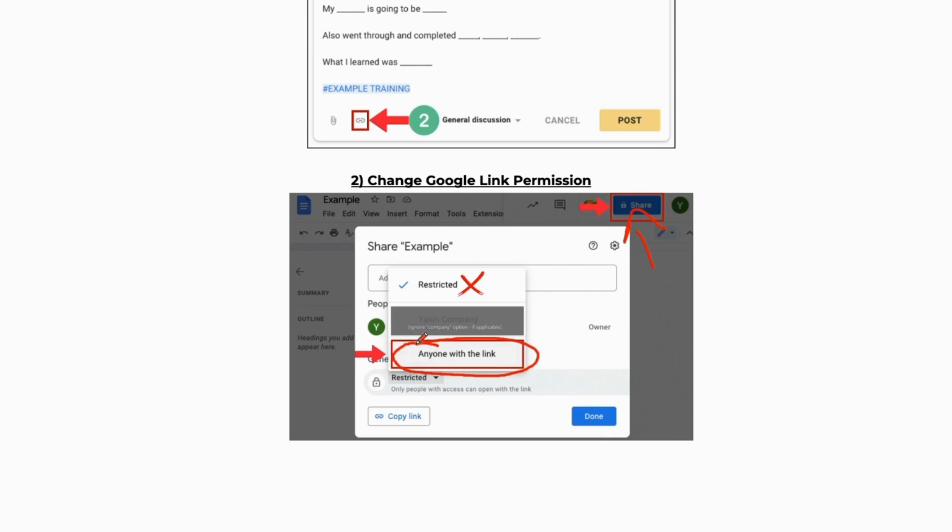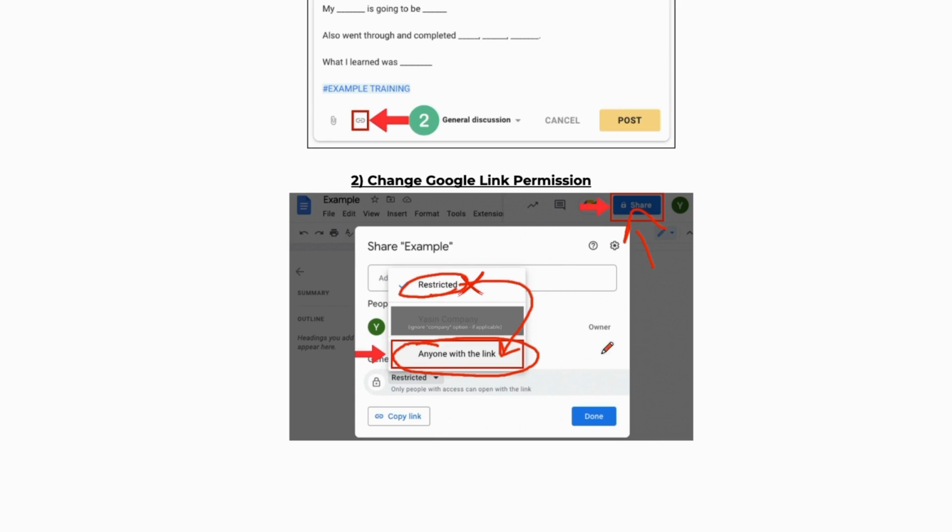The reason why is because I cannot tell you how many times students have shared links with us, and then all of a sudden it's restricted, right? You want to change the option from restricted to anyone with a link, okay? We click on the link, it's restricted, and now all of a sudden we have to wait for permission, and we had like 10 minutes to answer the question. At that time, we might not have time to answer the question later on, or even other students, because you're